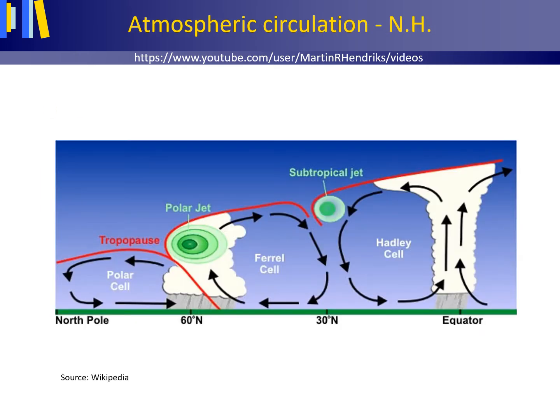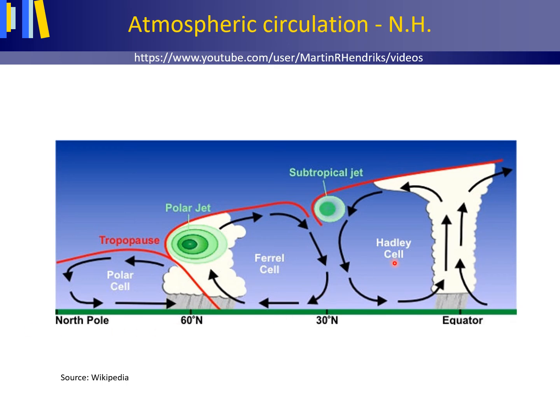This picture shows the atmospheric circulation on the northern hemisphere in cross-section view. Here we have the equator, here we have the North Pole. The Earth receives much heat at the equator and very little at the poles. This causes transport of heat in the direction of the poles and of cold air in the direction of the equator. Because of the Earth's rotation, the Coriolis effect, and also the uneven distribution of land masses and oceans, a number of global circulation cells are created.